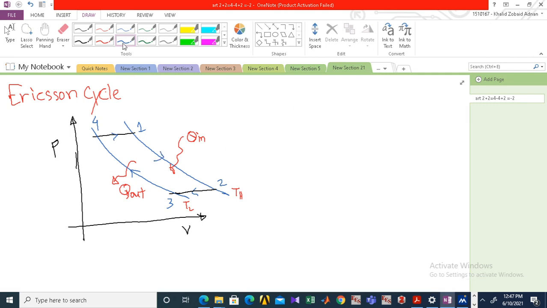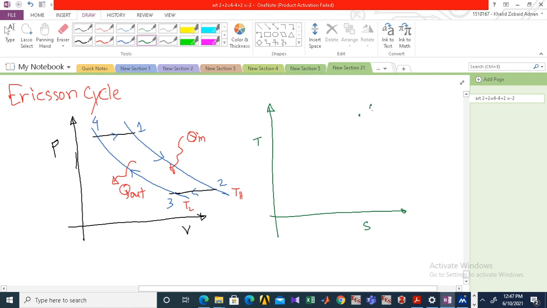So if we again want to draw this in the TS plane, from 1 to 2, point 1